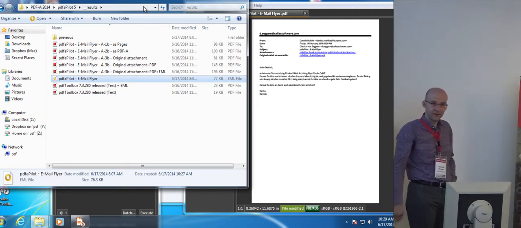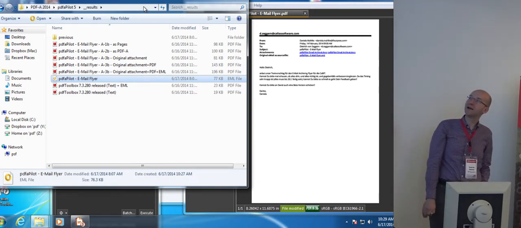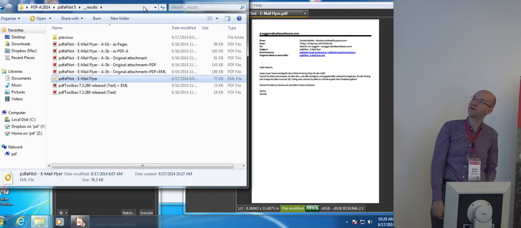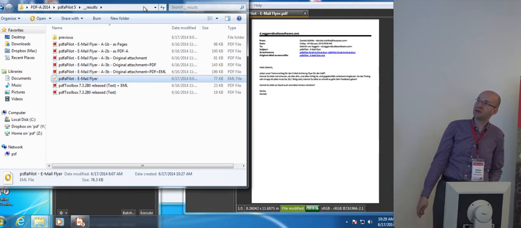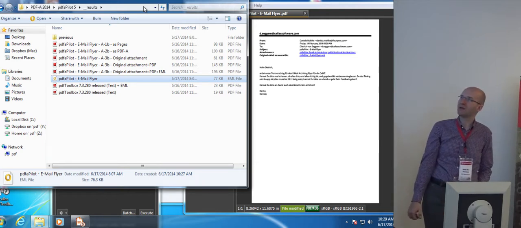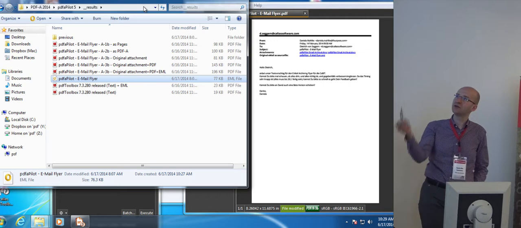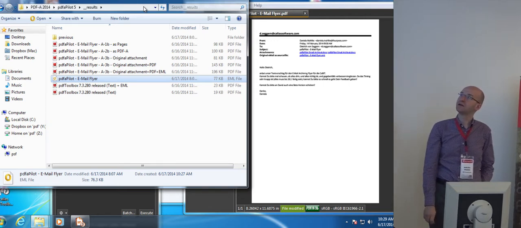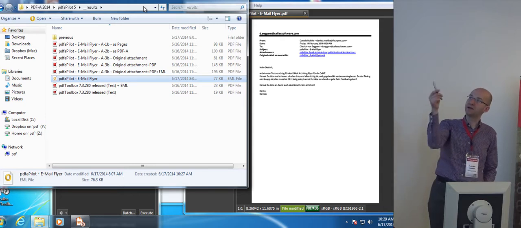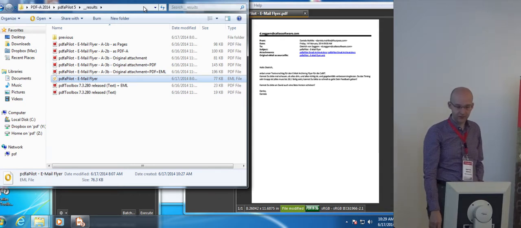Just a final word about file sizes, which is also quite interesting. I've copied the EML file into the folder where you can see it's sometimes not even much bigger than the original. We have 77 kilobytes for the original email, and depending on the kind of conversion and embedding, the files get bigger, of course.